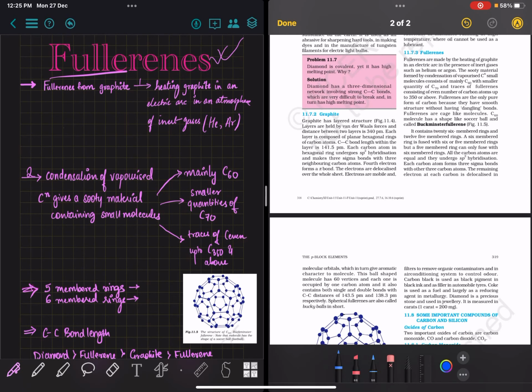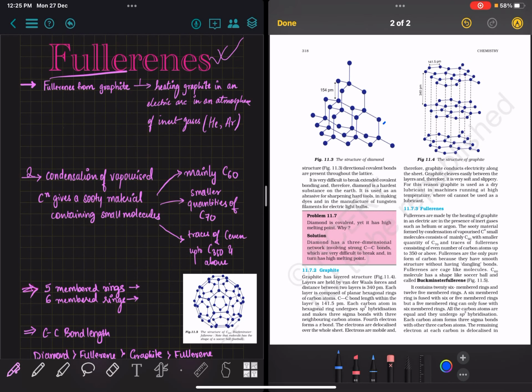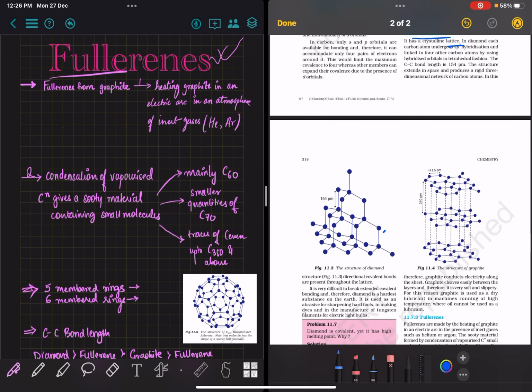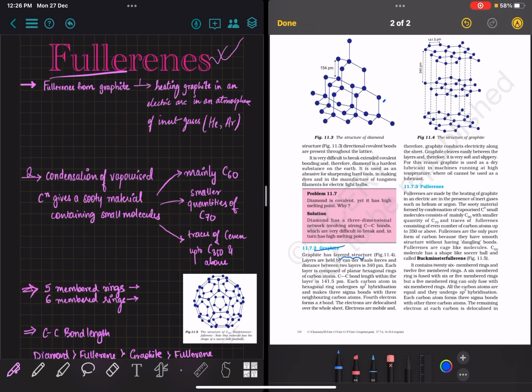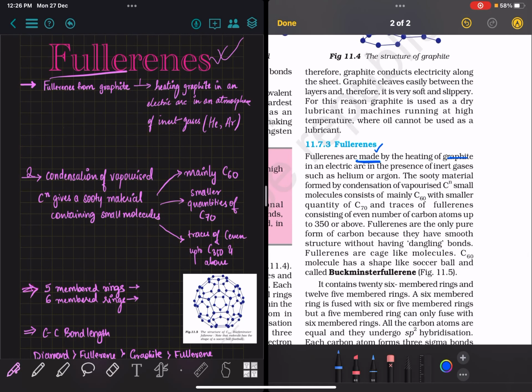A separate video about fullerene only, because it is very different from the other two allotropes. The first unique point about fullerene is that for graphite and diamond, the NCERT starts discussing the lattice, its shape, CC bond length, and hybridization. But for fullerenes, NCERT starts with talking about how fullerenes can be made by heating other allotropes of carbon. So it's very interesting how you can actually make fullerene using graphite.